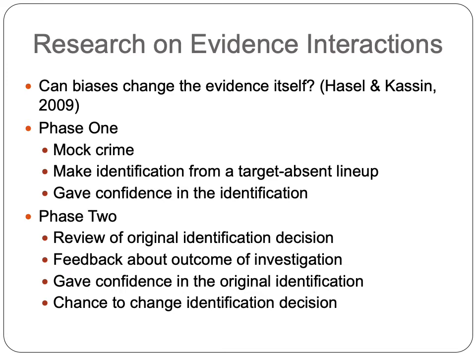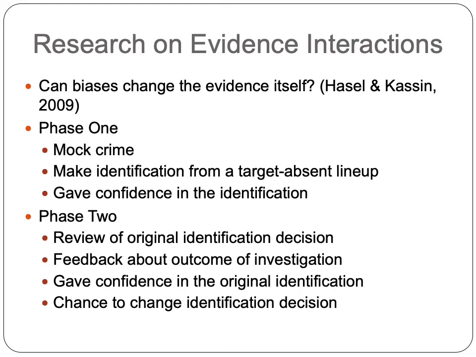So, in research on evidence interactions, we beg the question, can biases change the evidence itself? And so in phase 1, there's a mock crime, and you make an identification from a target absent lineup. And again, that's a lineup where the suspect is not present in the actual lineup. And you give confidence in that identification. Then participants report back for phase 2, and they review the original identification decision, and they get feedback about the outcome of the investigation. They gave confidence in the original identification, and then were asked if they would like a chance